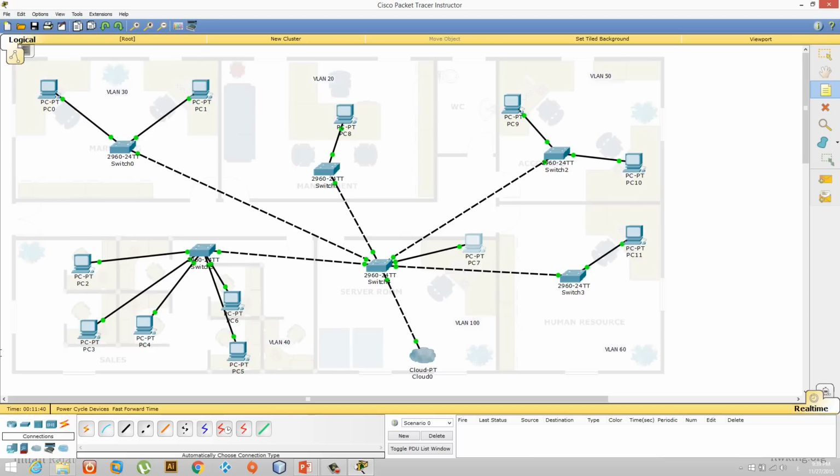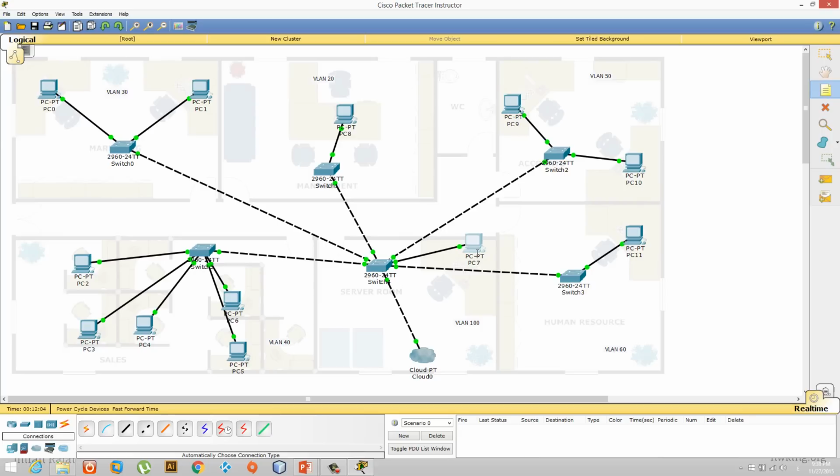So once we have all these things, VLAN 30, VLAN 20, VLAN 50, VLAN 60, VLAN 100, VLAN 40, we are all in different VLANs. So this device can communicate with any of the devices in the sales department. Similarly, marketing department computers can talk because they're all in the same VLAN. Now the question is this: